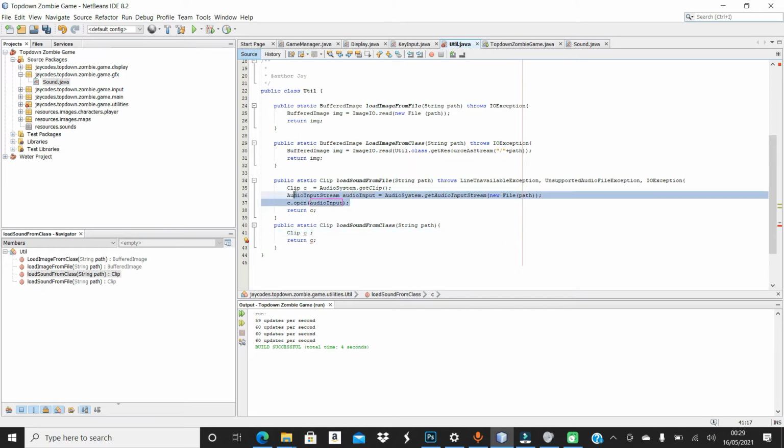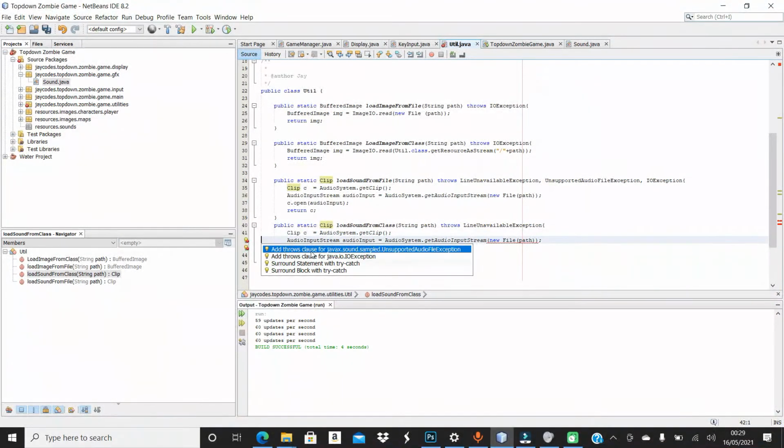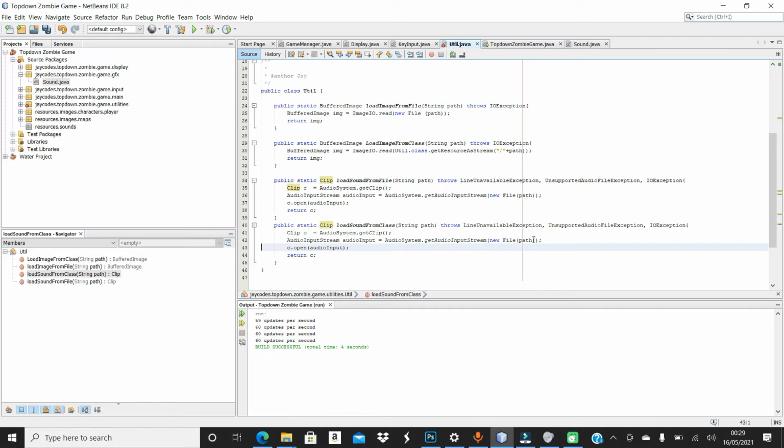I'm just gonna simply copy this and paste it from here to here. I'm just gonna have to change a few things. So I'm just gonna have to throw this, throw and throw and throw, and instead of this, I'm